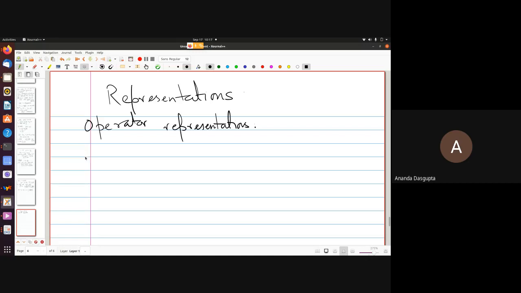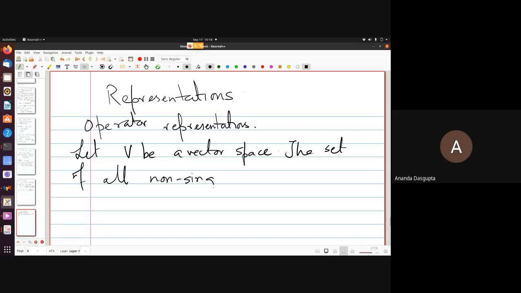An operator here, of course, is a linear operator. So in order to define that, we need a vector space. So we start with this. Let V be a vector space. Now there's a natural group associated with any vector space. We take the set of all non-singular linear operators